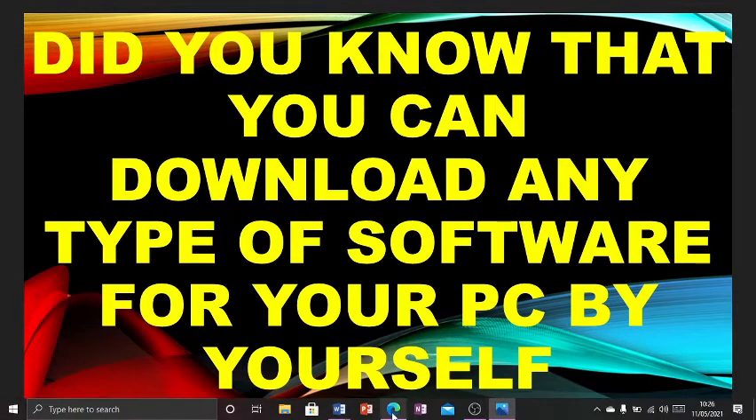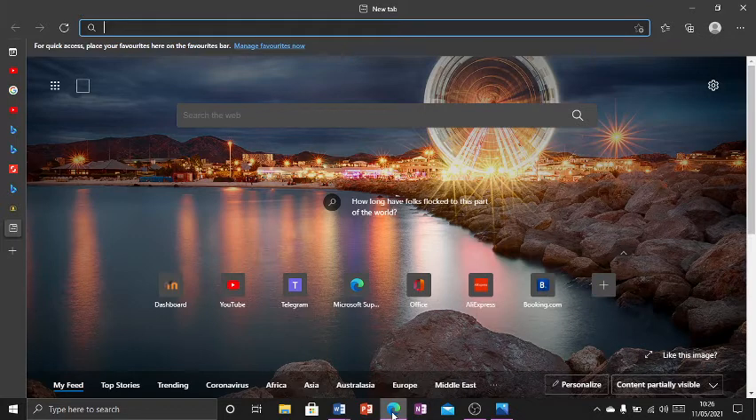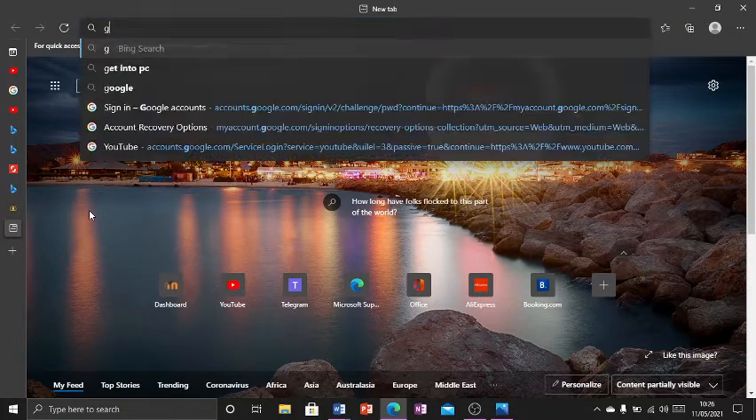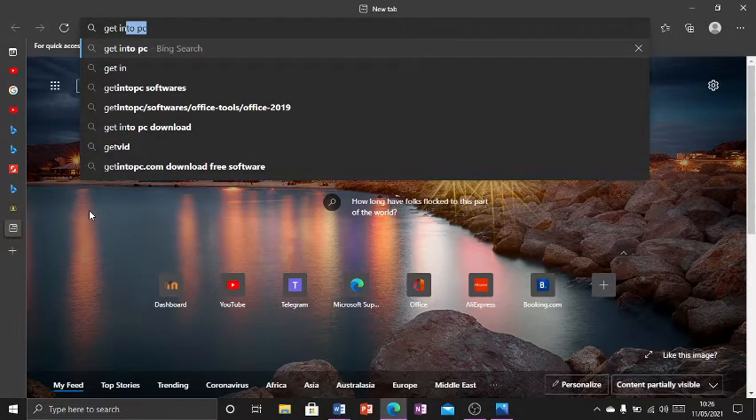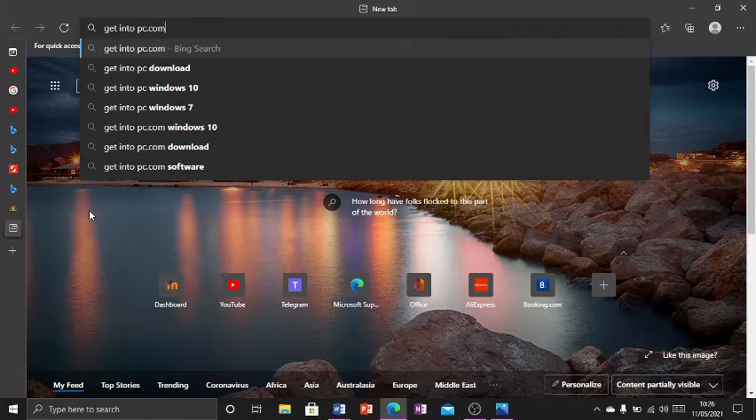For me, I'm using the Microsoft Edge browser. You click on your browser, it's going to show you some icons and choices. Of course, you're supposed to go on the search bar. When you go on the search bar, you type in getintopc.com. It doesn't matter if it's for Windows 10 or Windows 7,